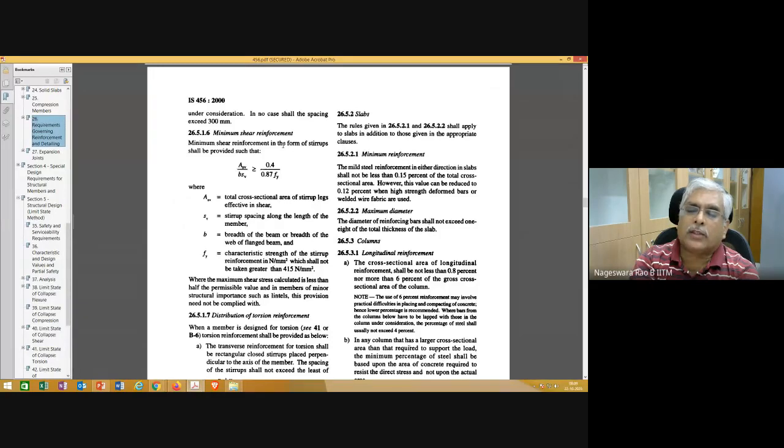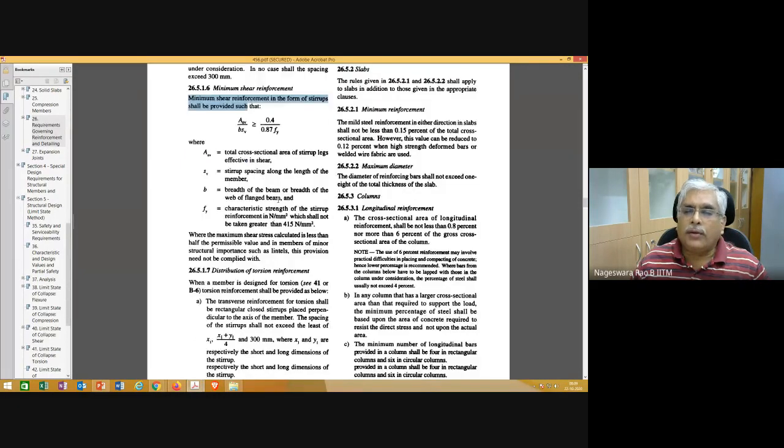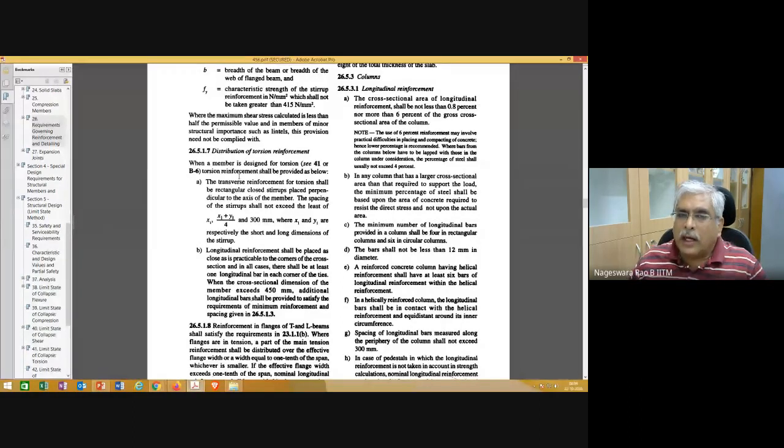So when you are solving your assignment, please check whatever shear reinforcement you get, whether it is satisfying this equation or not. If it is not satisfying, you need to provide this much minimum shear reinforcement. Please make an attempt at the assignment problem, and if you have any questions or anything like that, we can discuss. And now, coming to, in addition to this,